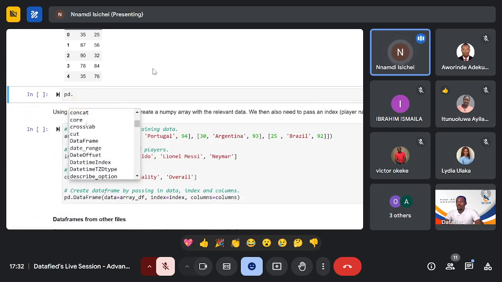There is pd.concat. This is the same concatenation that you do in Excel, in Google Sheets, in Power BI. That same concat function. You can concat two or more data frames. So there are lots of different PD methods here. Can you see all of them? There are lots of different PD methods here that you will have to use at one point or the other